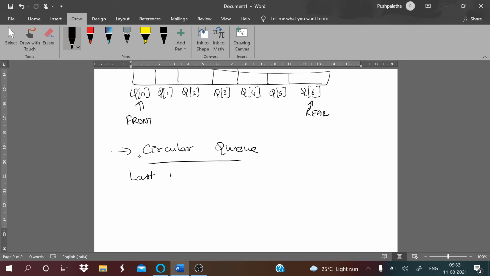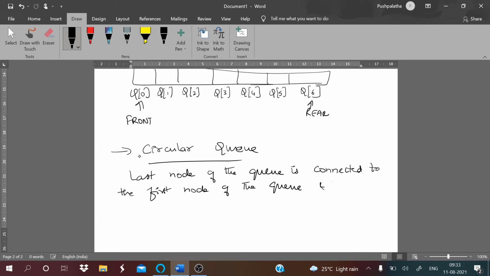So the definition is: the last node of the queue is connected to the first node of the queue and forms the circular organization of memory locations. This is what you mean by a circular queue.